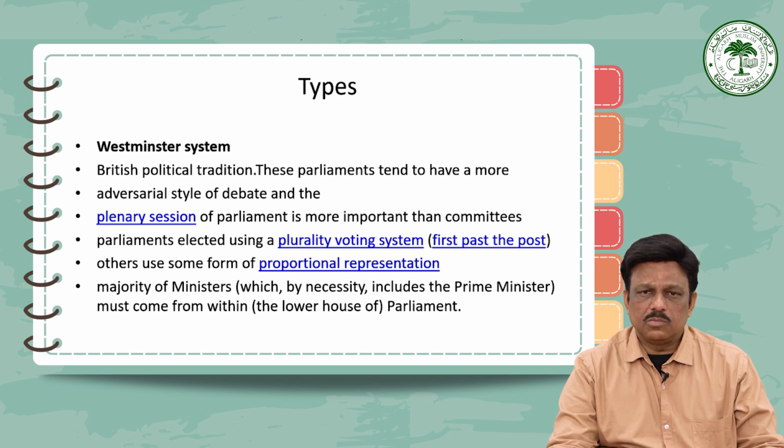Talking about the Westminster system, it is believed that it is usually found in Commonwealth of Nations countries and countries which were influenced by the British policy and their political tradition. Now, these parliaments tend to have a more adversarial style of debate, and the plenary session of Parliament is more important than committees. Some parliaments in this model are elected using a plurality voting system, that is the first past the post system, such as the United Kingdom, Canada, India, Malaysia,